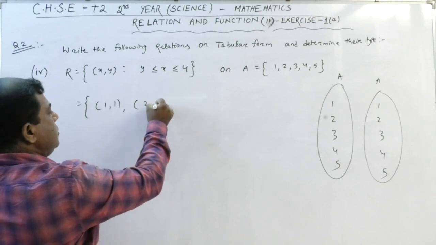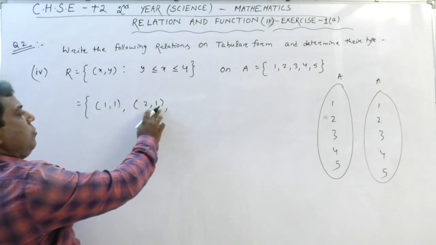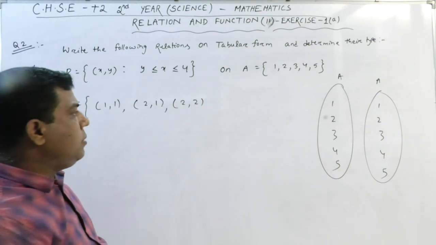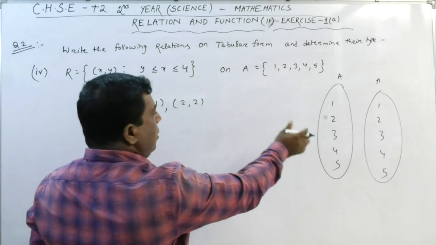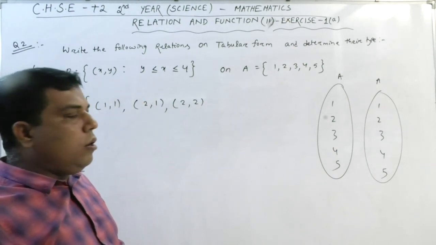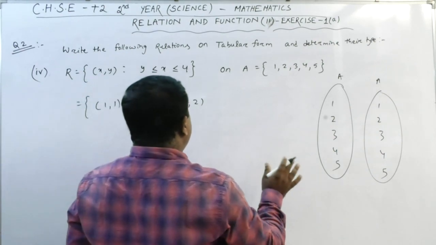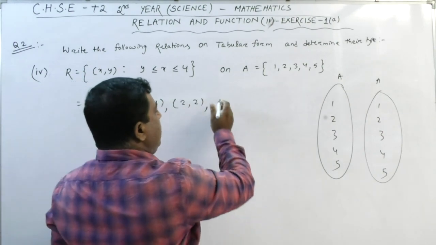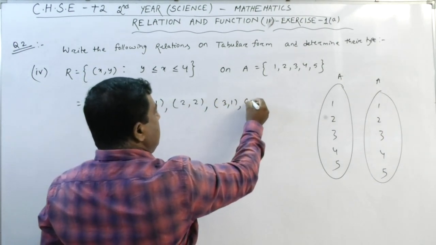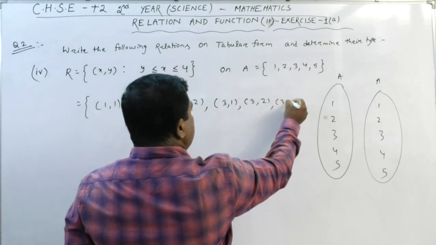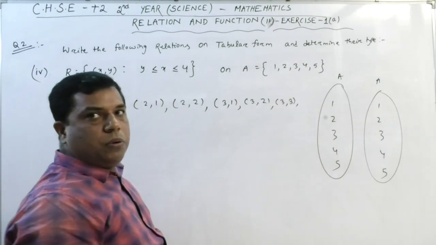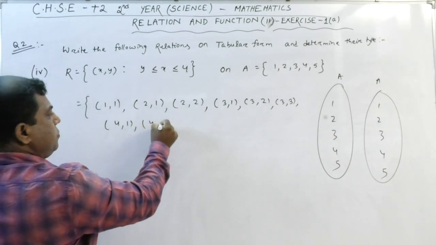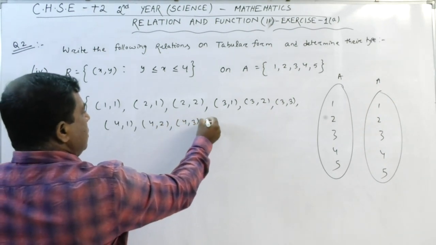Next, 2, 1, yes, it is x greater than y. So can I write 2, 2? Yes, it is greater than or equal to, so equal to is permissible. Am I right? Am I able to write 2, 3? No, we are not able to write 2, 3. 2, 4 and 2, 5 we don't. It is not allowed here as per the condition. Next for 3, it is 3, 1, 3, 2, and 3, 3. Okay. 3, 4 and 3, 5 we are not able to write. Then for 4, it is 4, 1, 4, 2, 4, 3, and 4, 4.